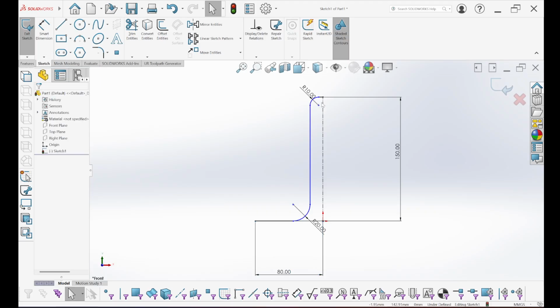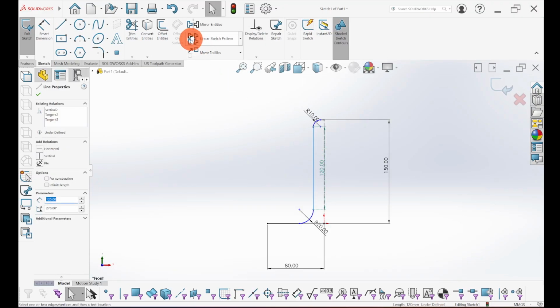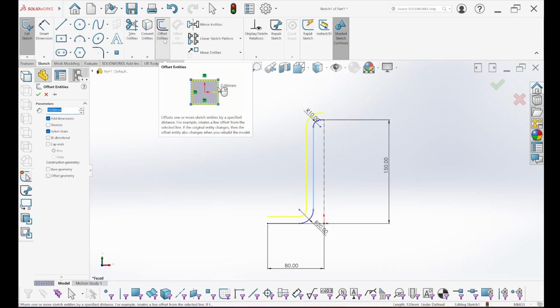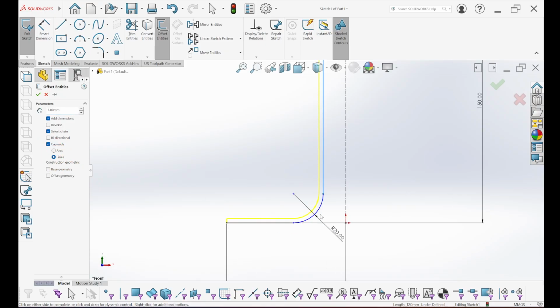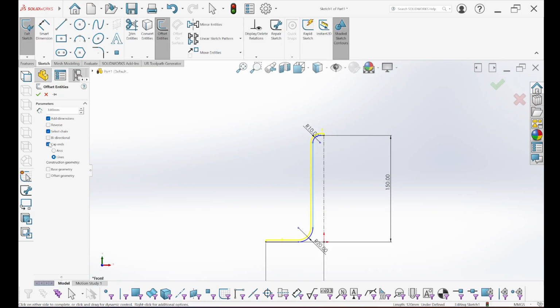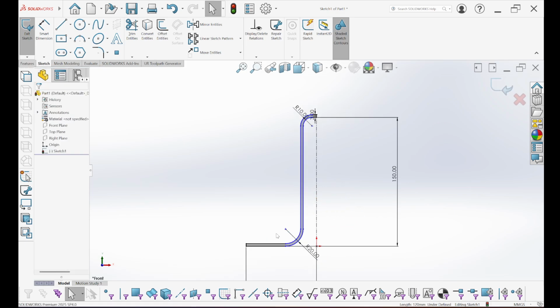Now that I have the base, it's just a line. I want to give it thickness. So I'm taking the size. I click on one line. I look for offset. And here I will tell it that this is 3 millimeter, cap ends and lines. Why? Because this way it is duplicating my line and closing the sketch automatically by using this function called cap ends. And here you can see that we are going to sketch the thickness of the plastic we want to spin around